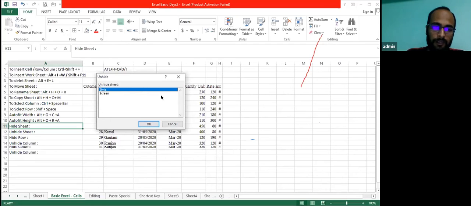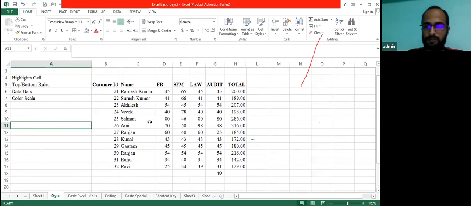Okay. I'll be explaining maybe the day after tomorrow how we can understand that in some commands you can see an underline under a keyword. That is the key we can use in combination with Alt to apply that command. So I am hiding this sheet, Alt O H U. Now you have to apply it three times: Alt O H H hides the same sheet, and Alt O H U unhides the same sheet.